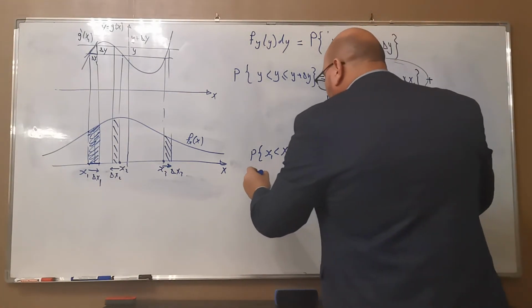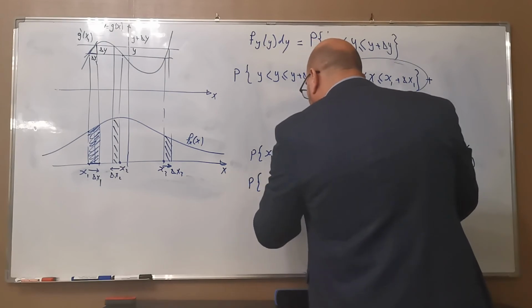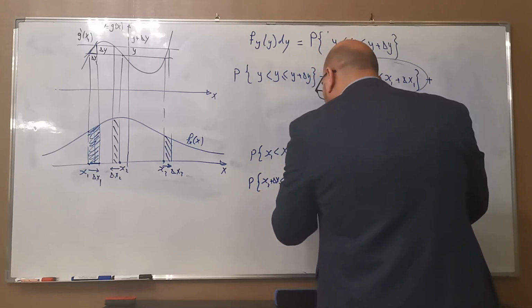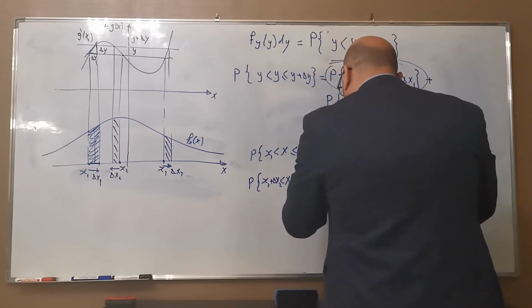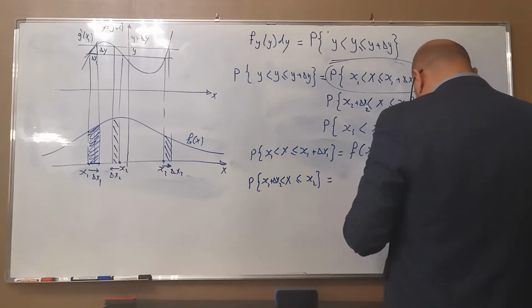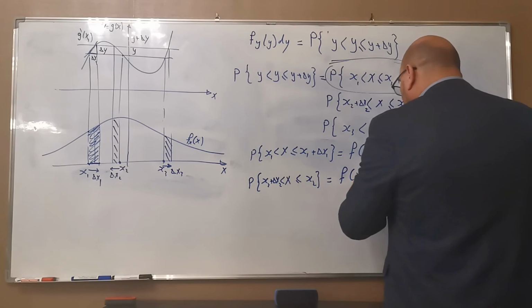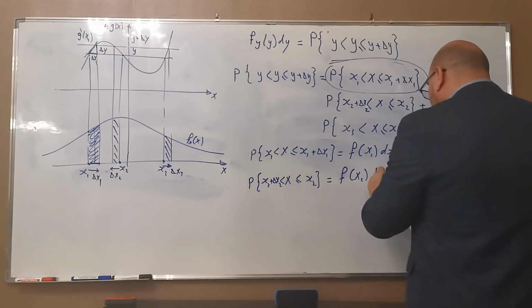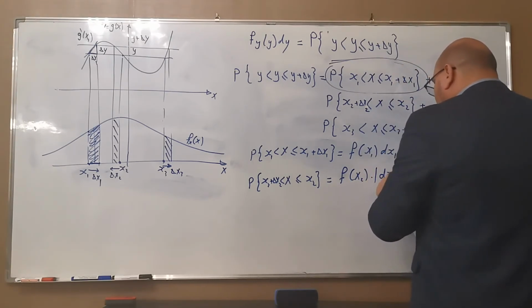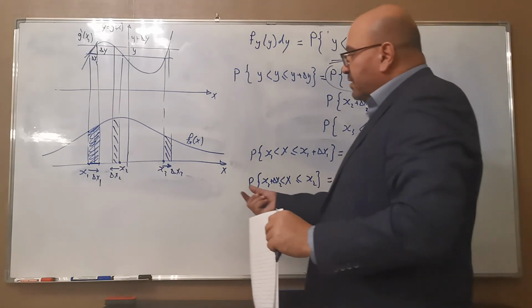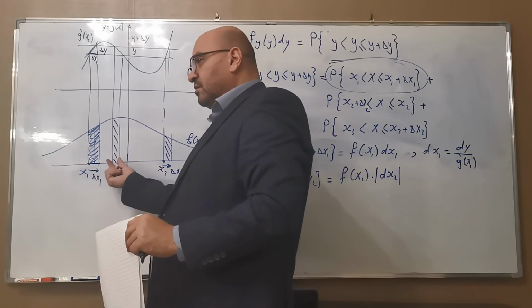If you take the second one, the probability of x greater than x2 plus dx2 and less than or equal to x2, this is equal to f of x2 times the absolute value of dx2, because dx2 is negative and the probability is positive, so you have to multiply. We are taking this as a distance, not as a